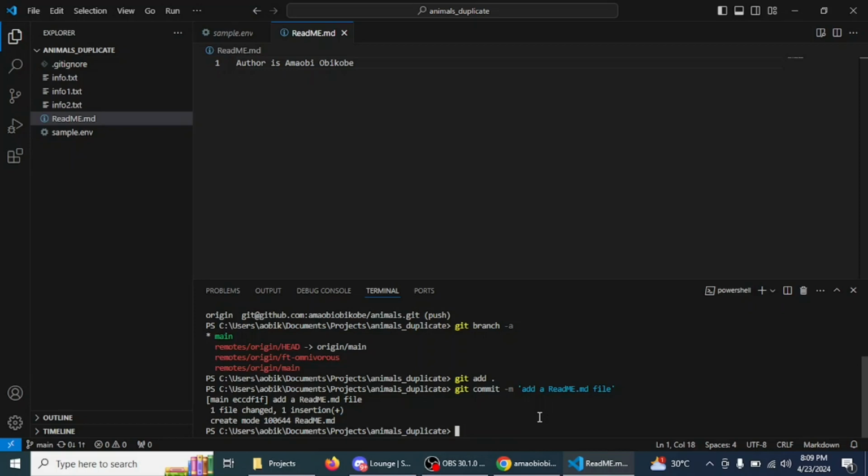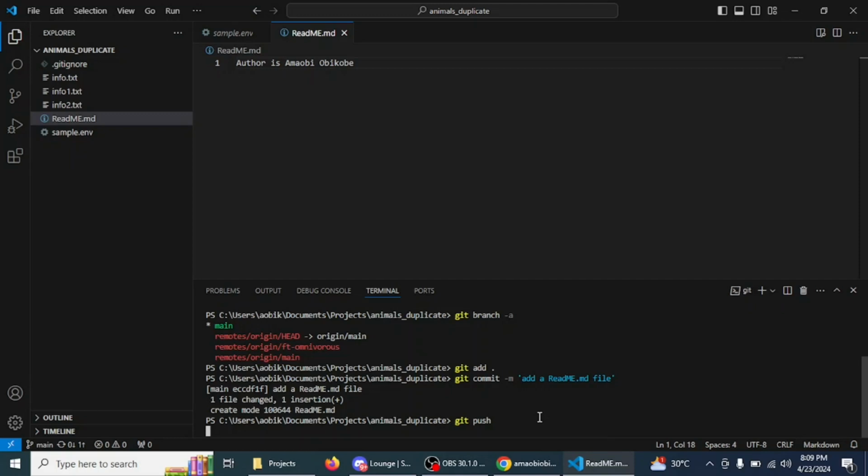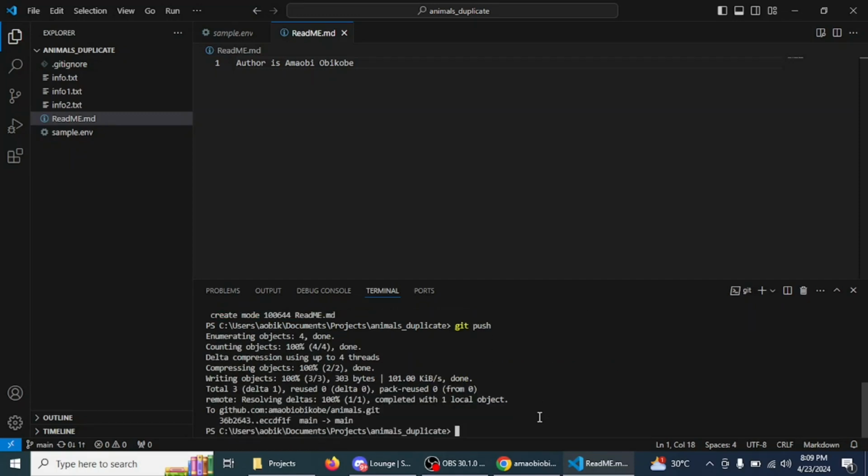I can actually just do git push without writing main origin, because the upstream has already been set. Since we used git clone, the upstream is already set, so the tracking of the upstream is here already. I don't need to do any git push origin main. So what I can just do is just do git push, and then this is gone. Okay, we've pushed that particular one and it's up there